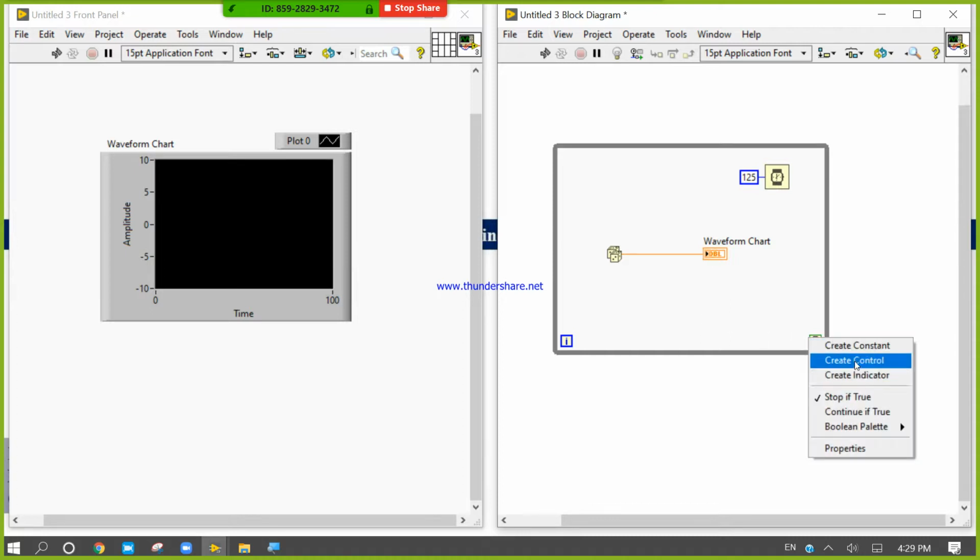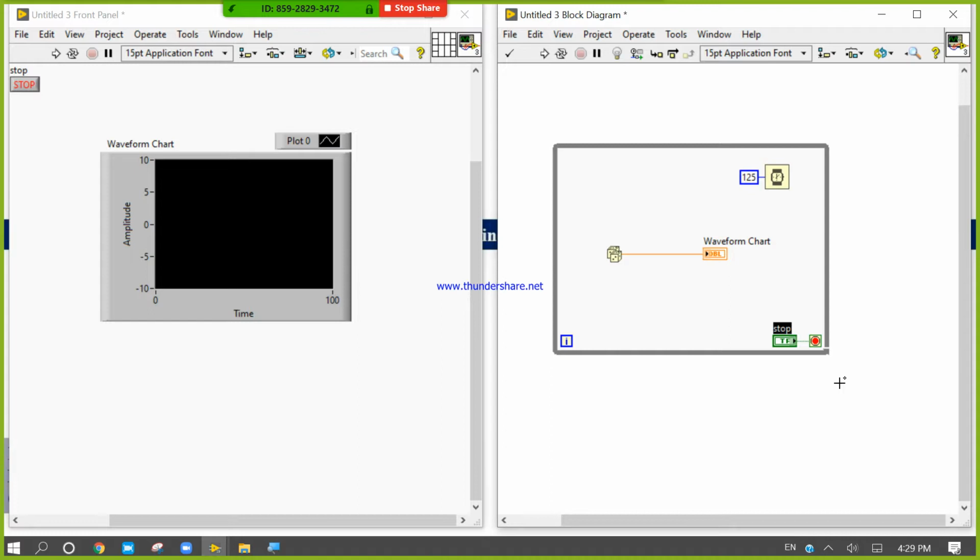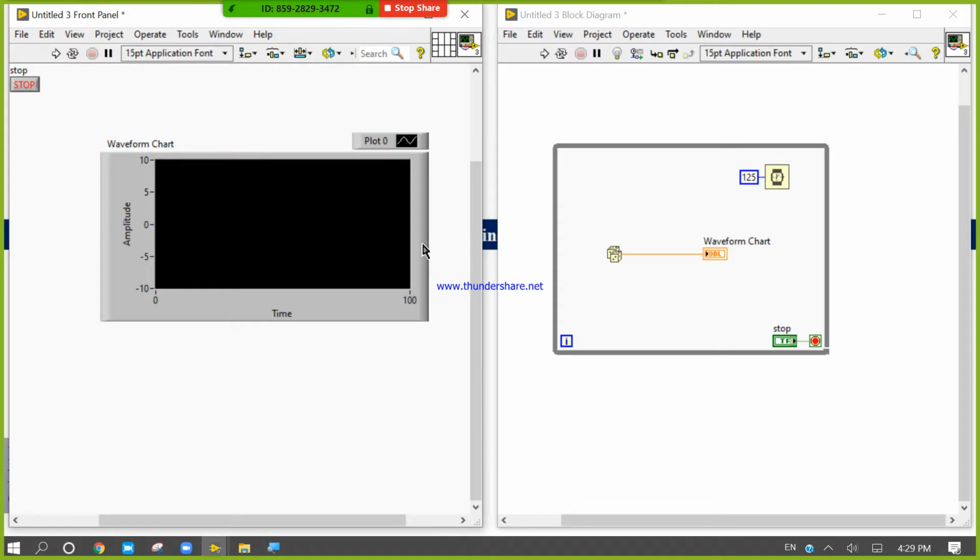Now you need to know only one thing. Before the run, this waveform chart has a memory limit, 2048 or 1024?